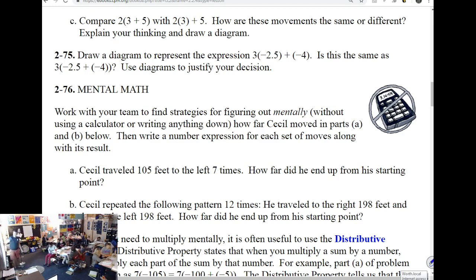So, this is going to stay negative, but break it up. Don't worry about the negative first. So write this out on your paper, please. 3 times negative 2.5